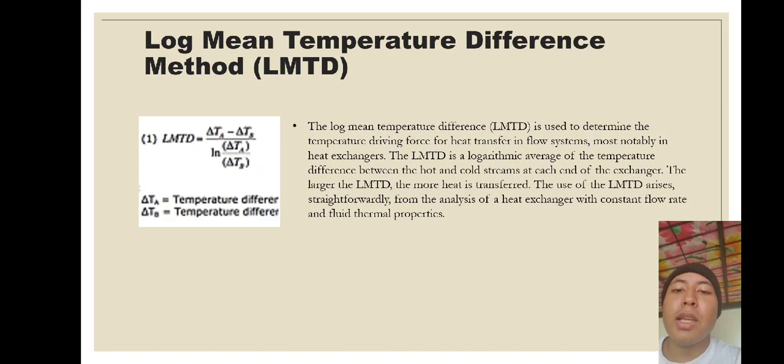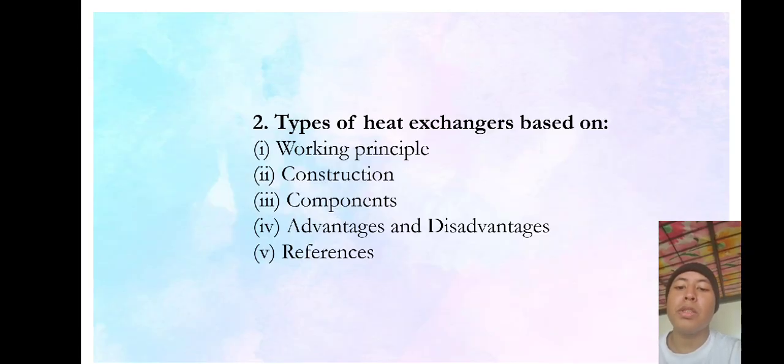Log mean temperature difference method, LMTD. The log mean temperature difference is used to determine the temperature driving force for heat transfer in flow systems, most notably in heat exchangers. The LMTD is a logarithmic average of the temperature difference between the hot and cold stream at each end of the exchanger. The larger the LMTD, the more heat is transferred. The use of the LMTD arises straightforwardly from the analysis of a heat exchanger with constant flow rate and fluid thermal properties. So the second one is